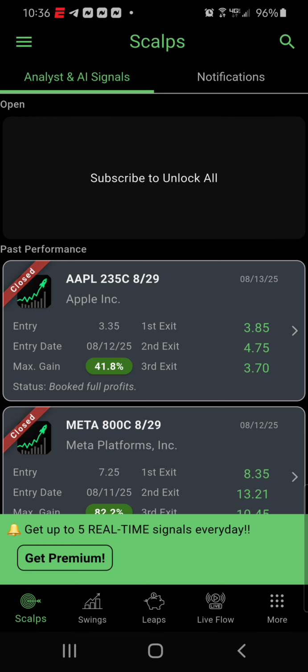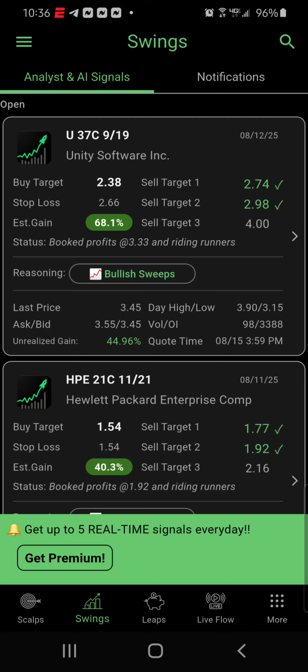Right? A scalp is a day trade. If you want to be a day trader, if you want to get in and get out instantly within that day, or the first couple of seconds, the first couple of minutes of the market being open, it's just going to be that day. Swings is you can have a day trade. This is the swing screen. You can have the day trade,